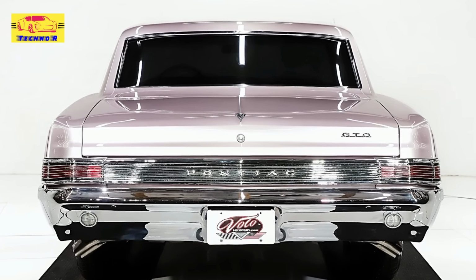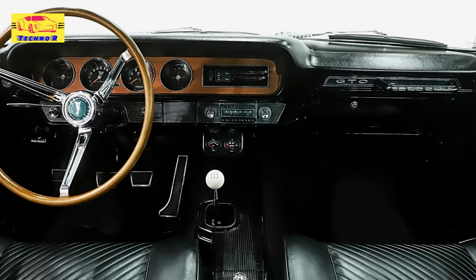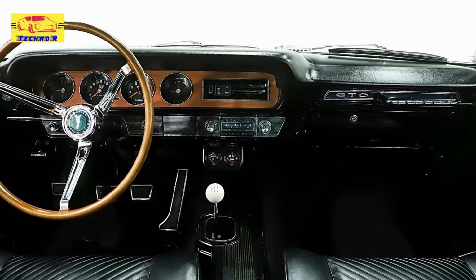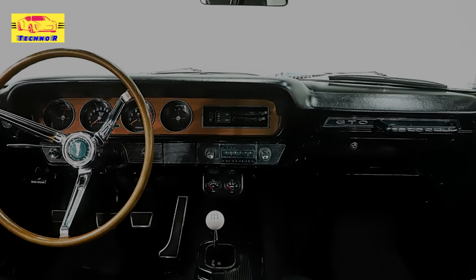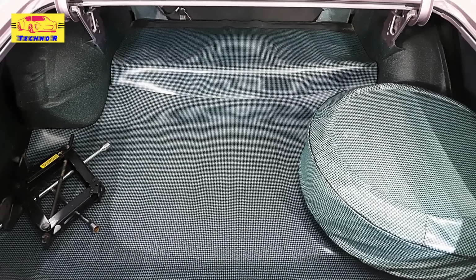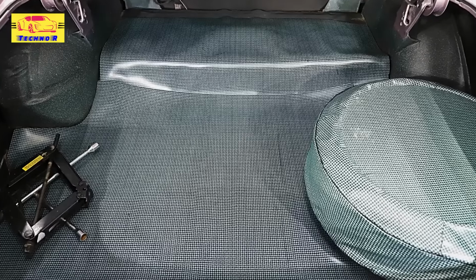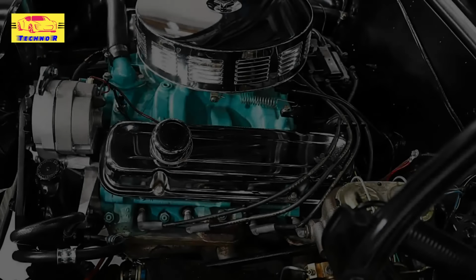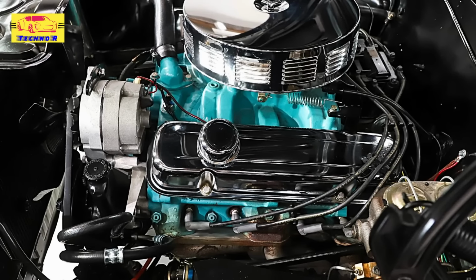One of the standout features of the 1965 GTO is its unique and stunning color, Iris Mist. This rare factory color, a light metallic shade of pink, is part of Pontiac's 1965 paint offerings but is rarely seen today. Iris Mist was a one-year-only color, and even at the time, it wasn't a common choice for customers. Today, it remains a rarity in classic car circles, with few examples left in existence, making this specific GTO a